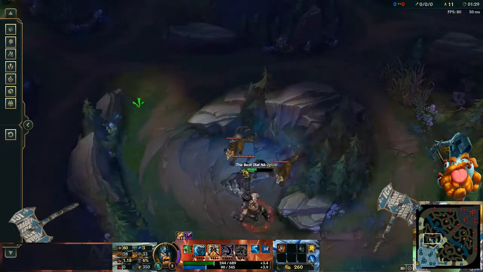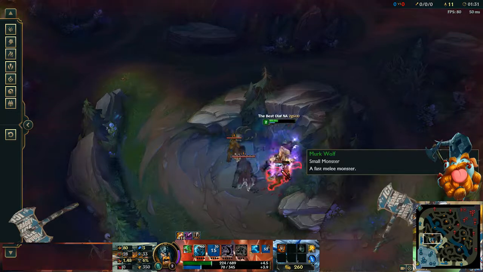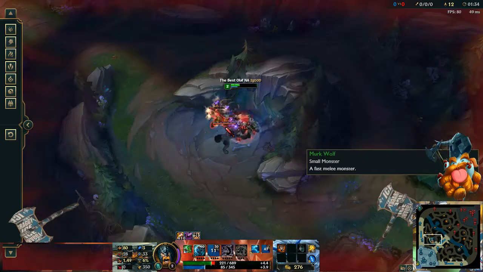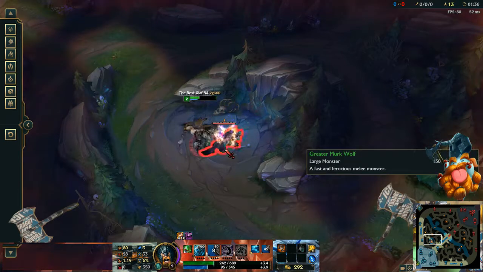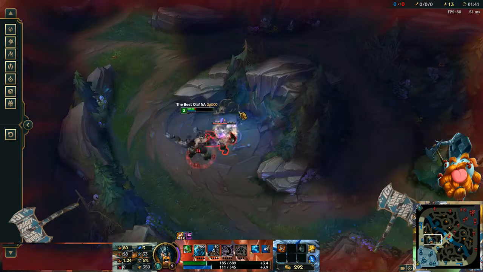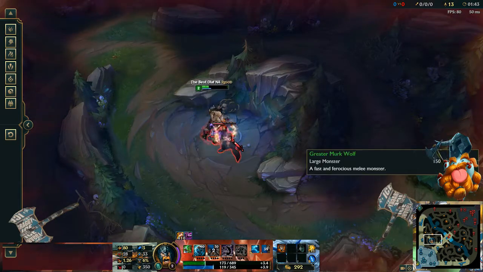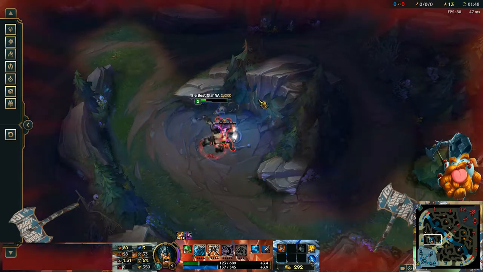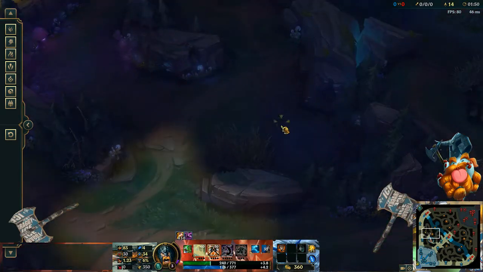So you actually don't want to start. Yeah, that's why you don't want to start Krugs, because they don't even give you level 2, and that was my entire mana bar. Rip. I mean, that's not to say it's not a potentially viable start given a certain situation, but